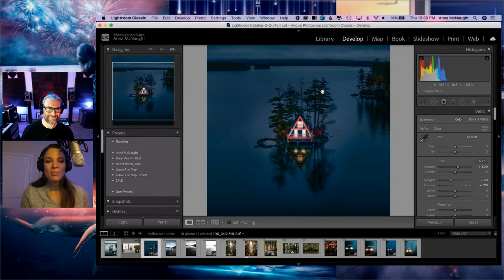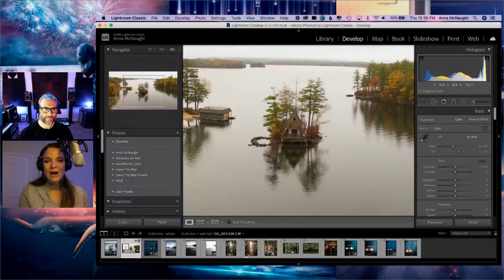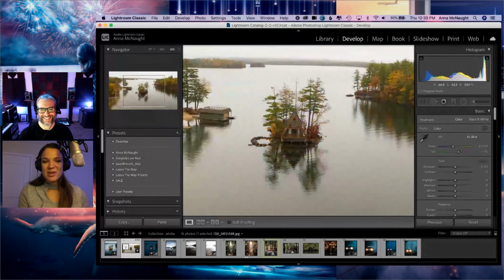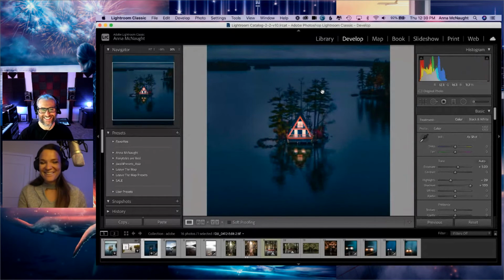So the point yesterday was showing you guys that you can really go from this drab looking image that was a cloudy, moody day, which is cool in itself, and then turn it into this really beautiful lifestyle travel photo, and then turn it into this piece of art. Yeah, that's just so good. And again, you see the original, you really think you're not going to be able to pull out those kind of colors, those kind of tones.